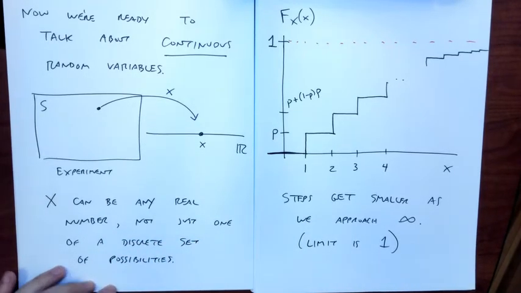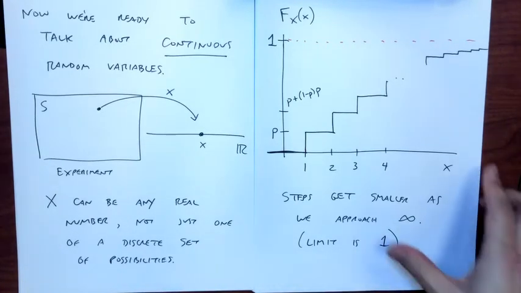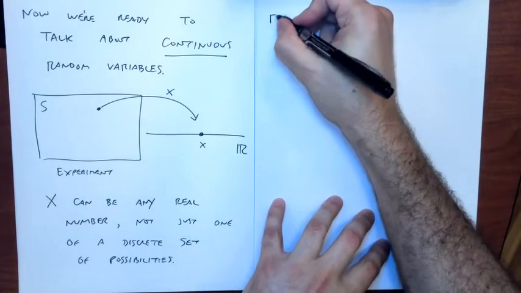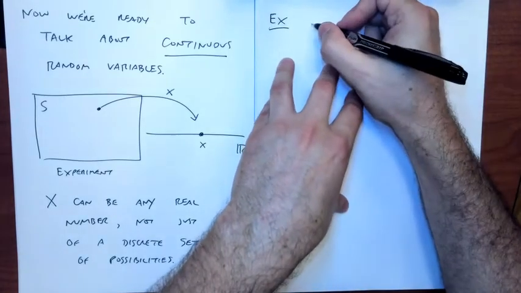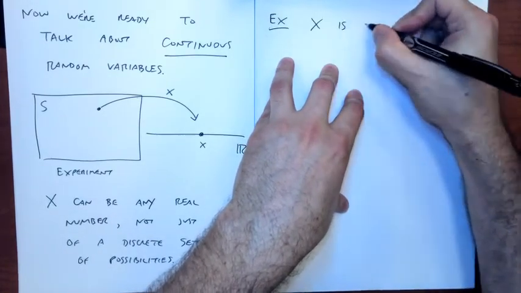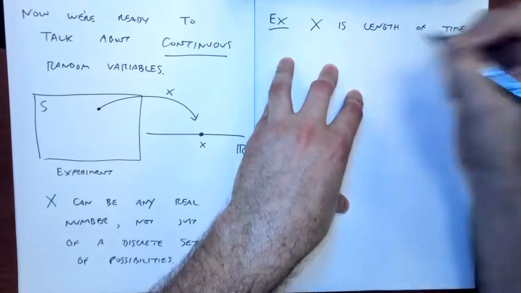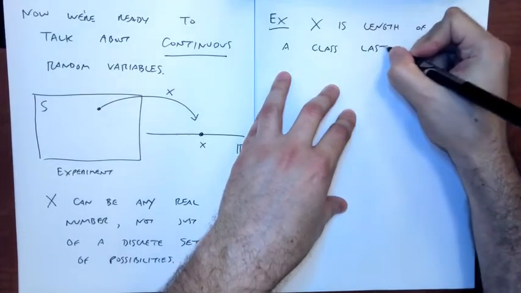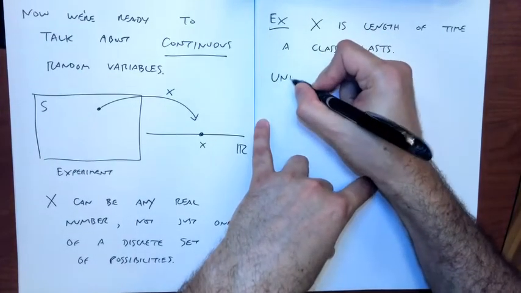Okay? So let's do an example of that. Suppose we look at how long this class lasts. Let's say that x is the length of time the class lasts. And let's suppose that we call this a uniform random variable, and so now this uniform random variable is